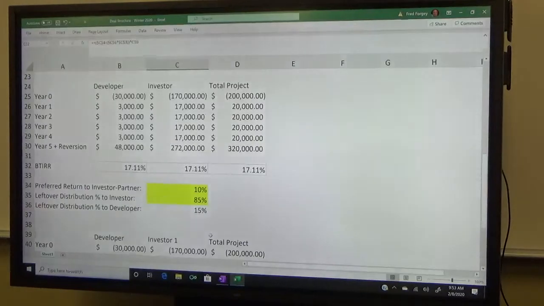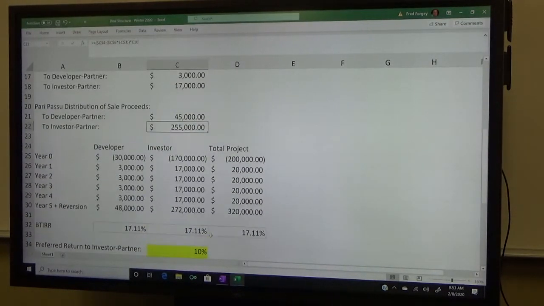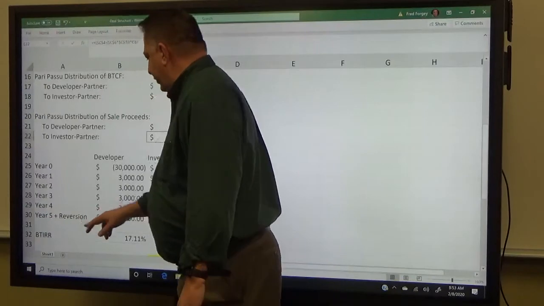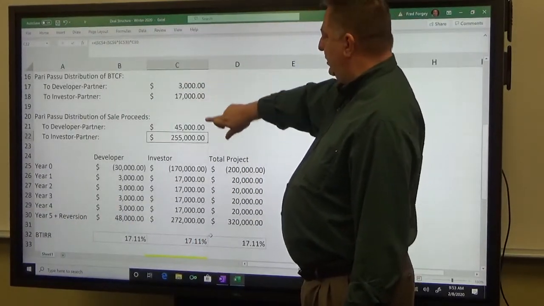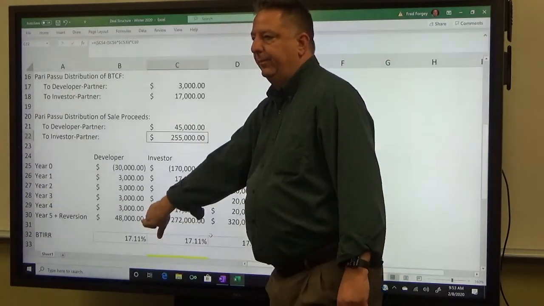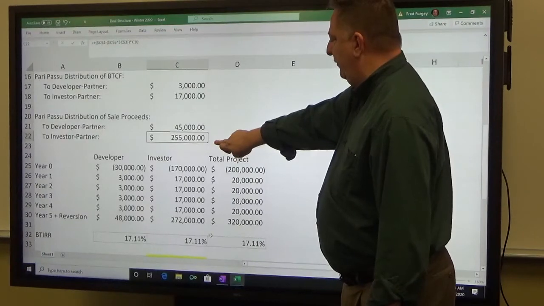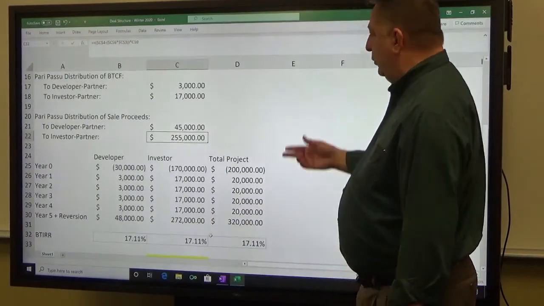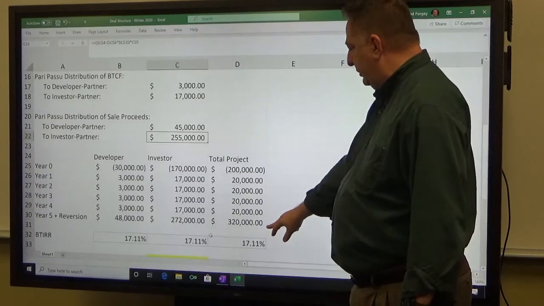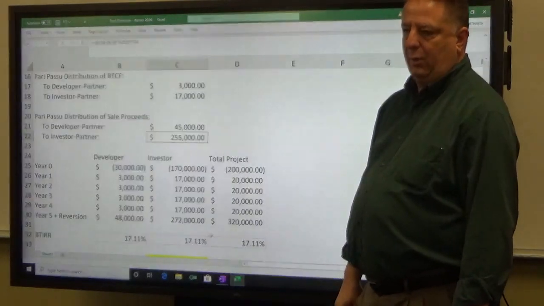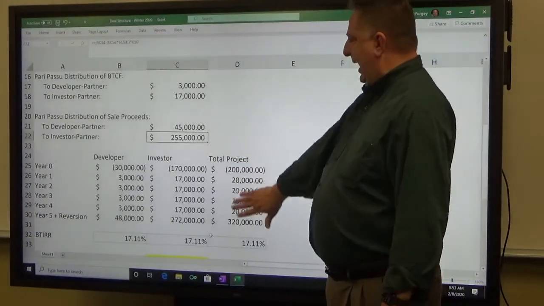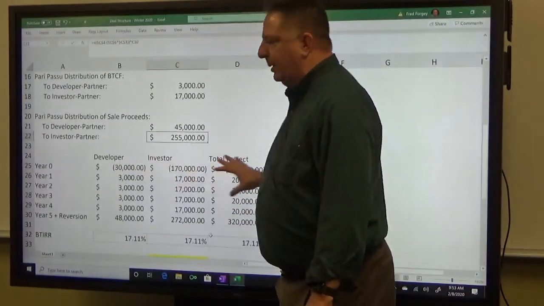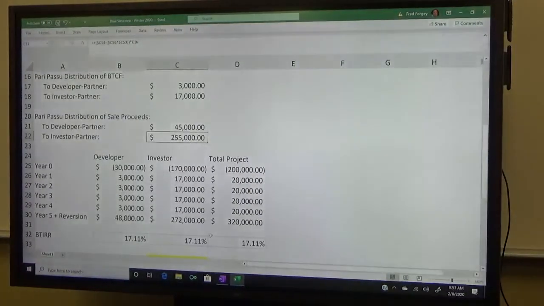Okay, so for the year 5 plus the reversion, we're taking the 3,000 plus the 45,000 gives us 48. We're taking the 17,000 plus the 255,000 gives us 272,000. And then we're taking, in essence, 20,000 plus 300,000 gives us 320,000 for the total for the project as a whole. We don't even really have to have this column over here for the total project. That's just so that you can kind of understand what is comprising that. Because it's pari passu,